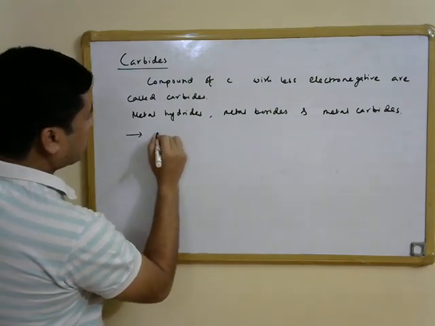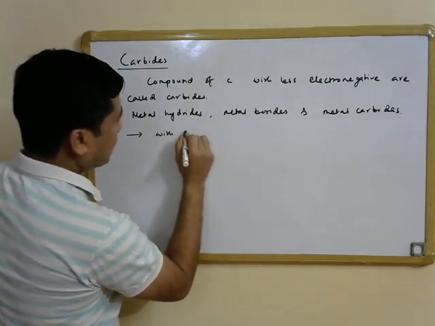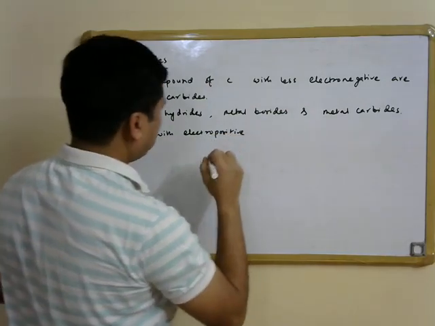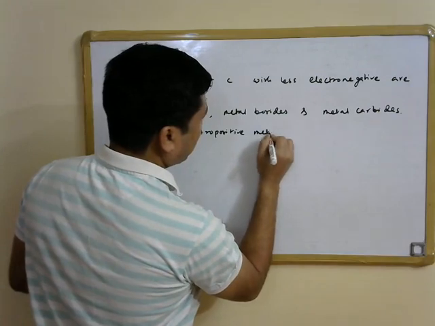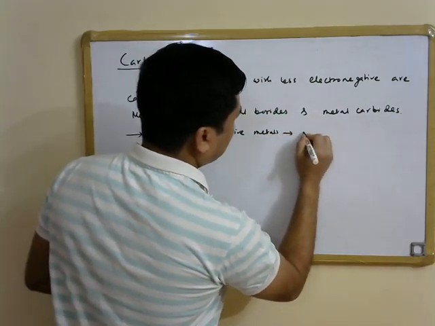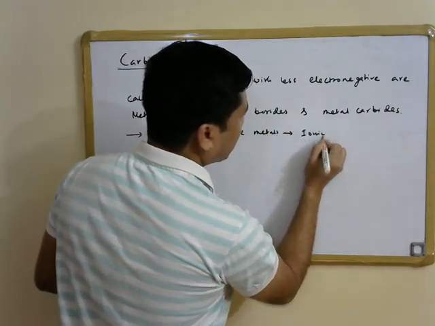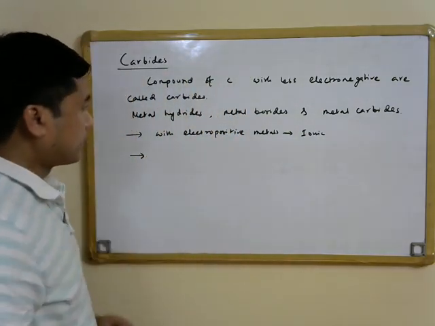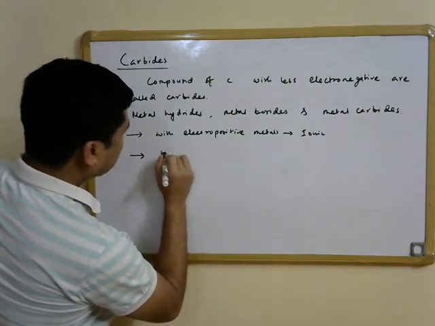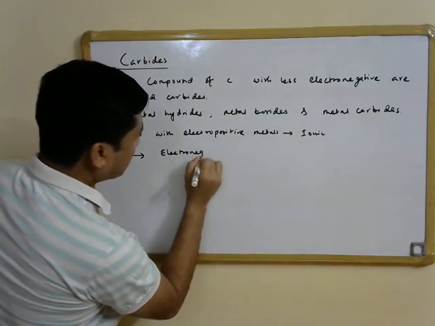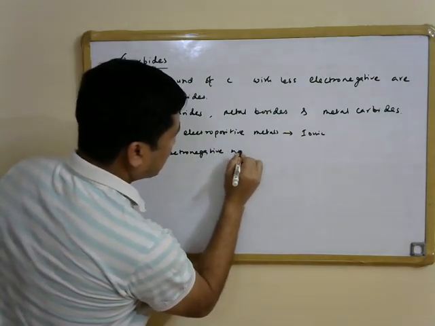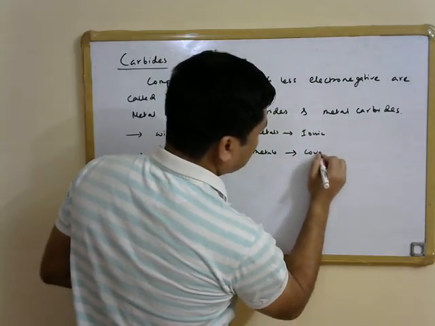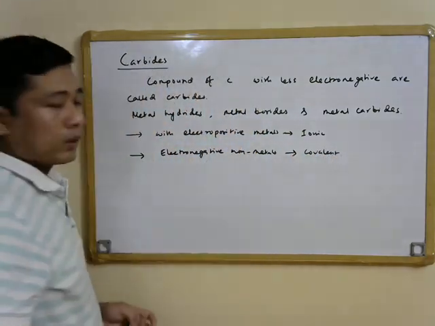With electropositive metals, they form ionic or polar compounds, while with electronegative non-metals, they form covalent compounds,